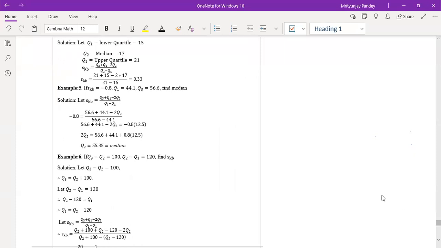तो डिपेंड्स अपॉन डाटा, जो डाटा दिया रहेगा उसके अकॉर्डिंग आप स्क्यूनेस का फॉर्मूला यूज करेंगे। एग्जांपल नंबर 5 में q1 q2 दिया है और skb का वैल्यू दिया है और आपको मीडियन कैलकुलेट करना है, तो फॉर्मूले के अंदर वैल्यू सब्स्टिट्यूट करो, उसके अंदर एक क्वांटिटी अननोन है q2, लेफ्ट राइट सिंप्लीफाई करके आप q2 का वैल्यू कैलकुलेट कर सकते हैं। एग्जांपल नंबर 6 में भी q3 और q2 का वैल्यू दिया है और skb पूछा है। तो ये सब क्वेश्चंस हैं